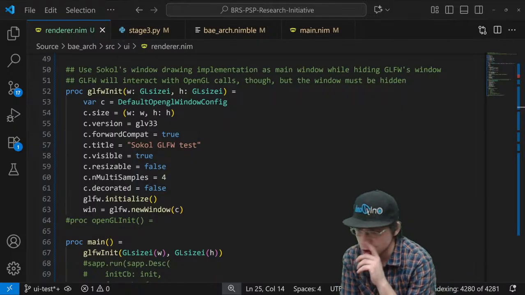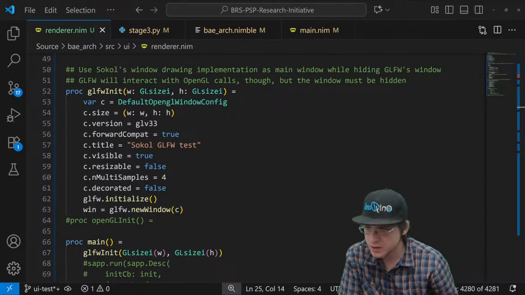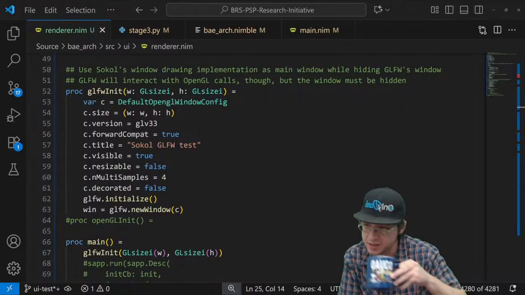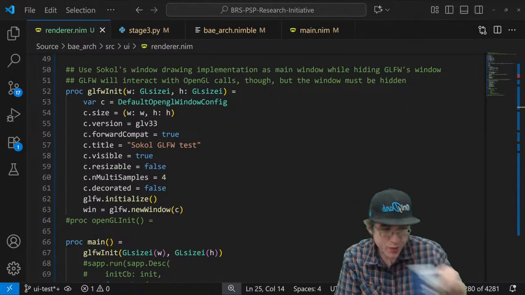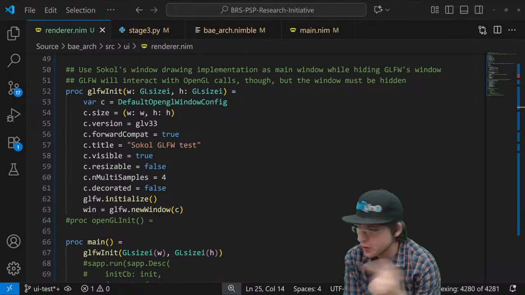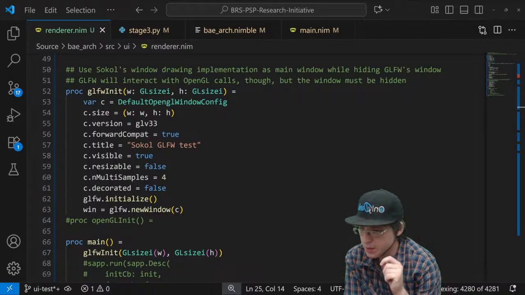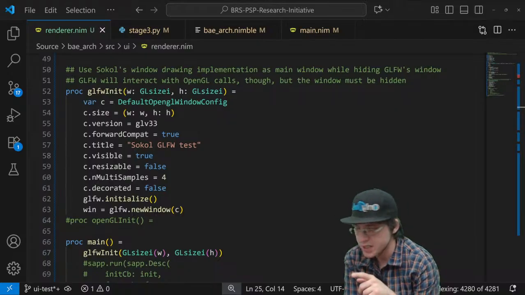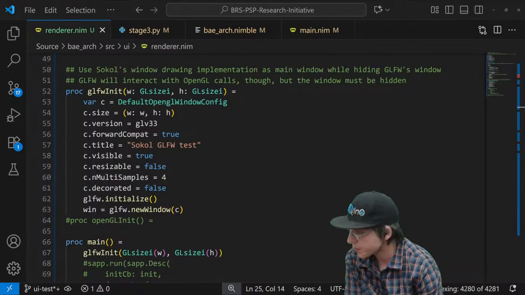So I'm using John Novak's bindings because the official Nim ones that are available are way outdated, and his are quite a bit newer. Now, they're not the newest. His bindings are from last year. The official GLFW ones that the Nim developers were maintaining are like 5 years old, so I'm not going to use them.